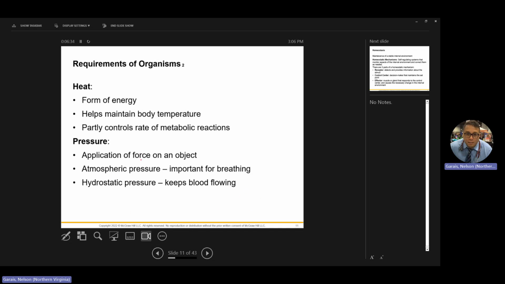Pressure is the application of any force on an object, force is essentially the definition of any work pushed through some distance. So atmospheric pressure, I want you to think about respiration, gas exchange, breathing, okay? There's gradients of pressure between high and low pressure, between the outside world, your atmospheric pressure, and the inside pressure of your lungs, and that's how we're gonna be discussing in the respiratory lecture, that's how you breathe,